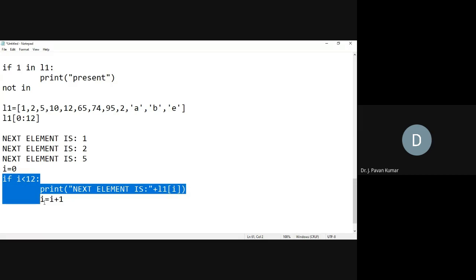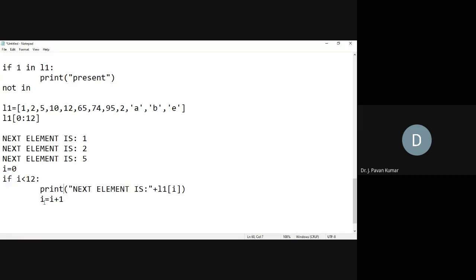Okay, this process we have to repeat until this particular condition has failed. Whenever this condition is true, we have to repeat. So for that we have a loop called while. We introduced the loop called for in the last class, with some syntax.